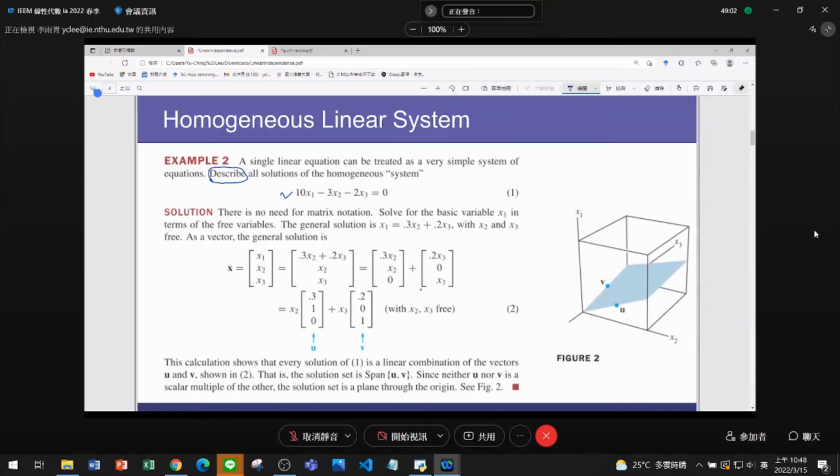So, okay, the solution says that there is no need for a matrix notation, and we can solve for the basic variable x1 in terms of the free variables. Whether a variable is basic or free is user-determined. 就是你可以决定哪一个 variable 作为 basic，哪个 variable 作为 free。